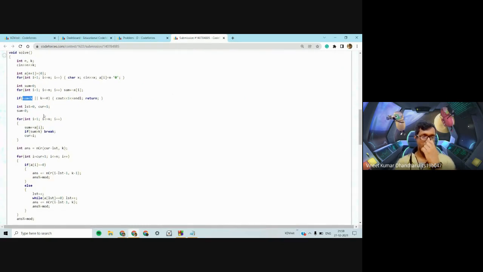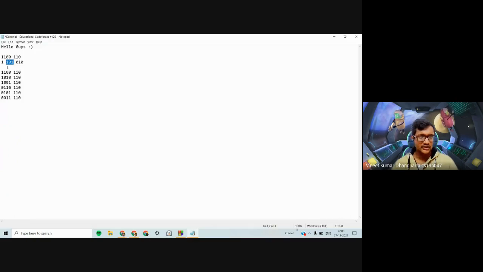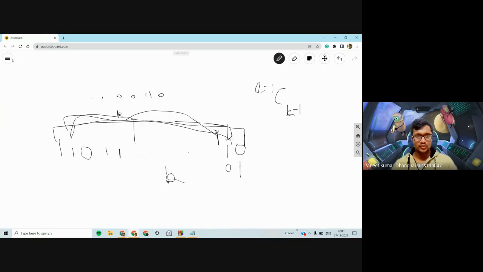Else, what you do is find out the maximum index till which the sum is less than k. So basically, CUR is the last index after which the prefix would have greater than k ones. So this would be my first length, which, as we know here, was this particular thing because k was 2.